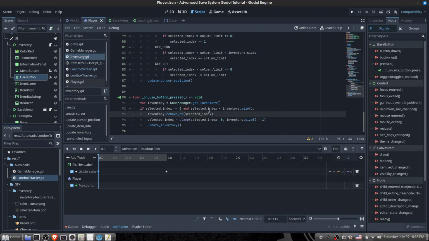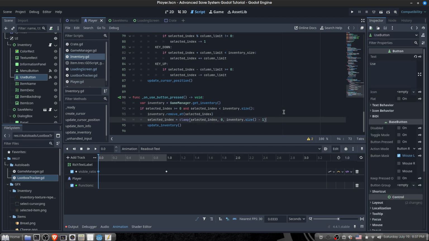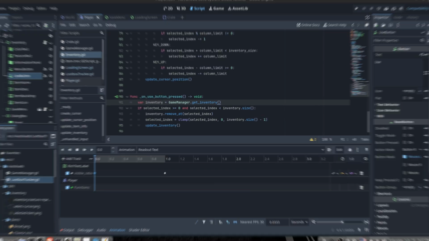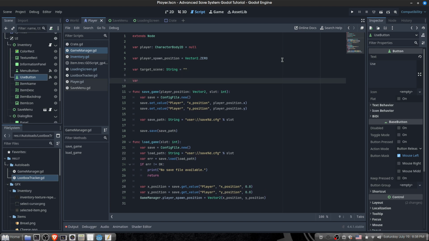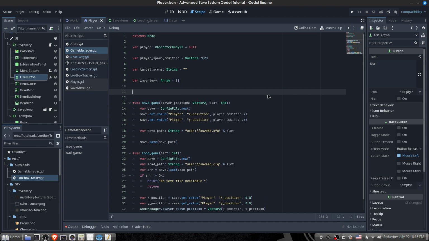Feel free to connect any functions if you're feeling crafty about the items that you have, but otherwise that'll be it for this part. But now we're going to move on to our game manager. So for our game manager, we're going to want to add a new variable. This will be our inventory. So var inventory, array, equals a blank array. And we're going to add several new functions. So function append_item, item resource, returns void,